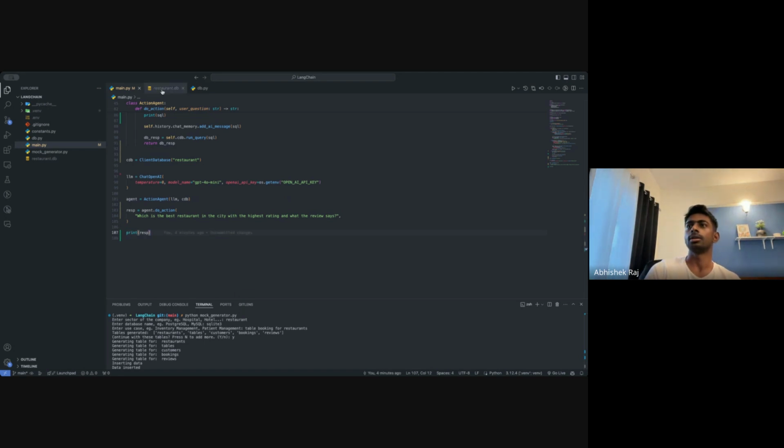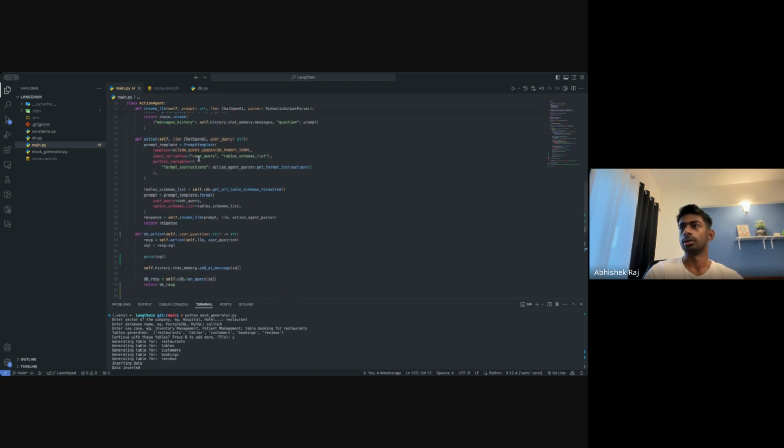So I was saying we are storing all the table data as a string, not as embeddings, because we don't have that use case. But if you are building at scale, you will have to vectorize all your data and store it in a vector DB.